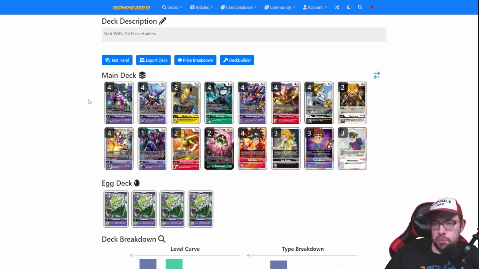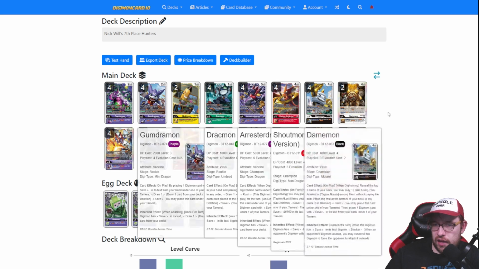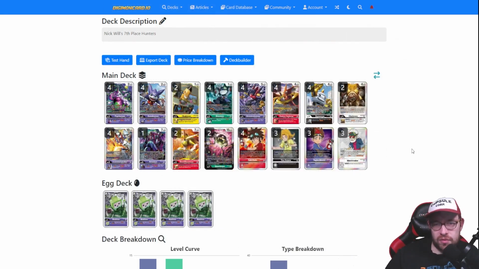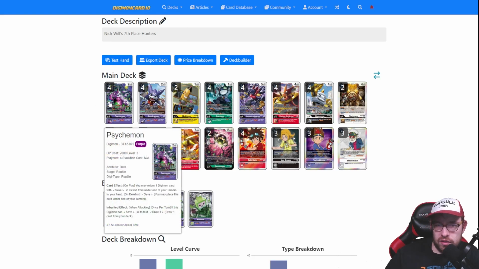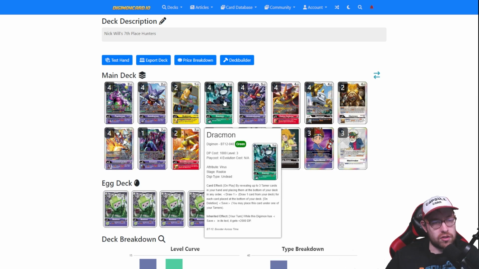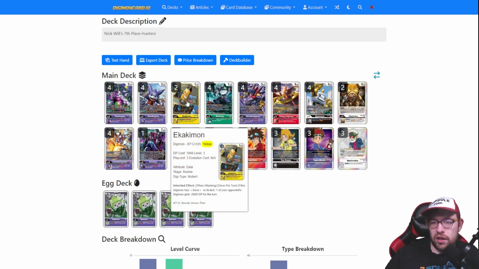But this is more or less the standard build for this deck in general. I'm pretty sure I've made this list almost exactly with these ratios. The fact that you have a lot of rookies, and the Psychomon and Gumdramon are probably the best ones. Dracmon, just being able to get the additional cycle and draw if you really need it. Hikakumon at a couple copies, just for the potential to get rid of some of your opponent's Digimon with the